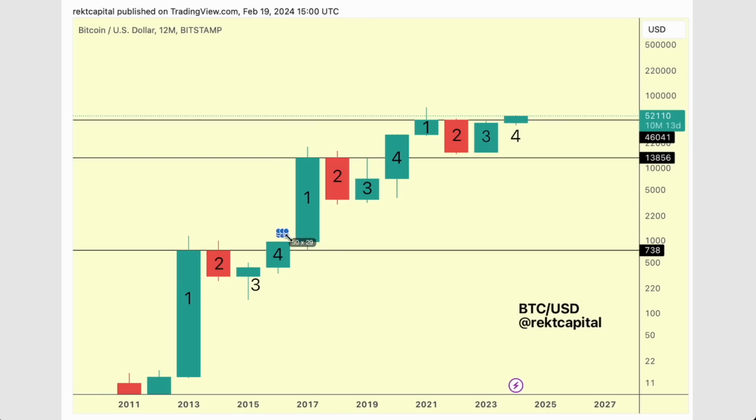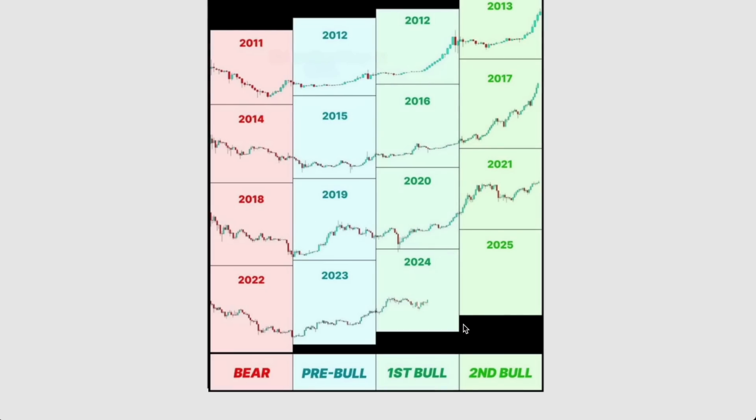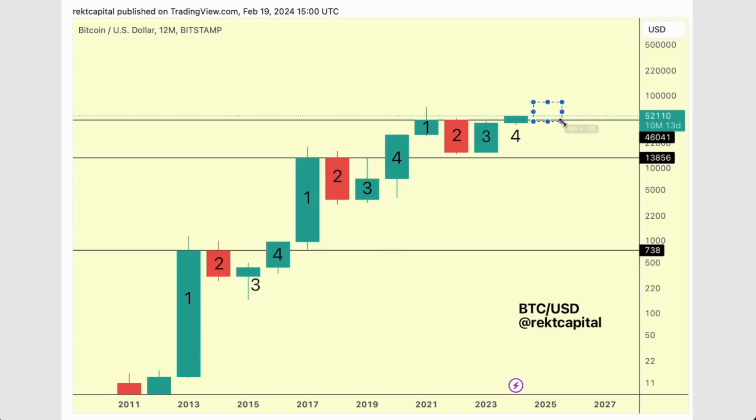And sometimes we see that retest occur early on in the candle 1 year. The candle 1 year being the second bull phase right over here. So we are waiting for candle 1 essentially, but candle 4 is already occurring. It's already enjoying some upside, and as long as it closes above the 4-year cycle resistance, this 3-year resistance in the 4-year cycle, the 4-year cycle being overall these 4 yearly candles, the 3-year resistance is 46k at the moment, and candle 4 this year in 2024 needs to 12-month close above here to essentially kickstart additional upside going into candle 1.